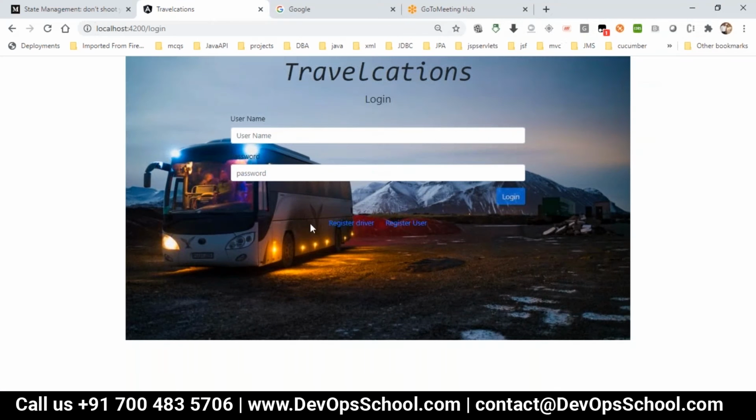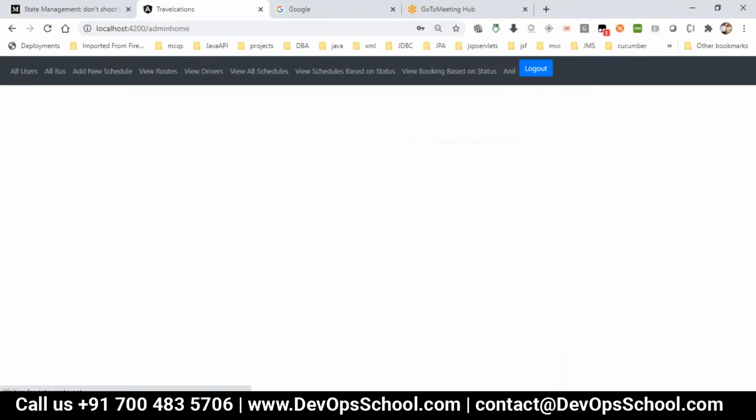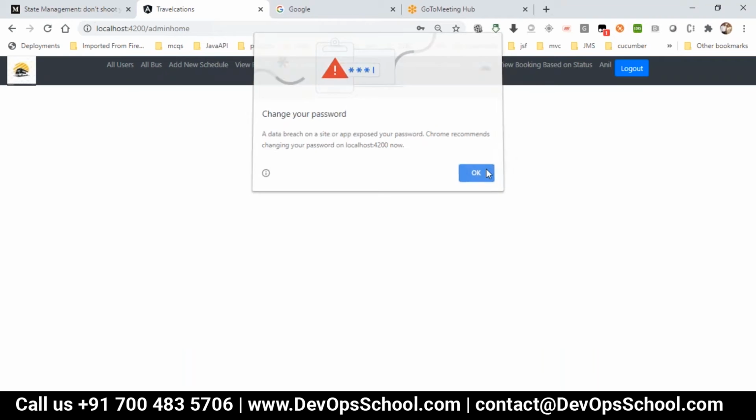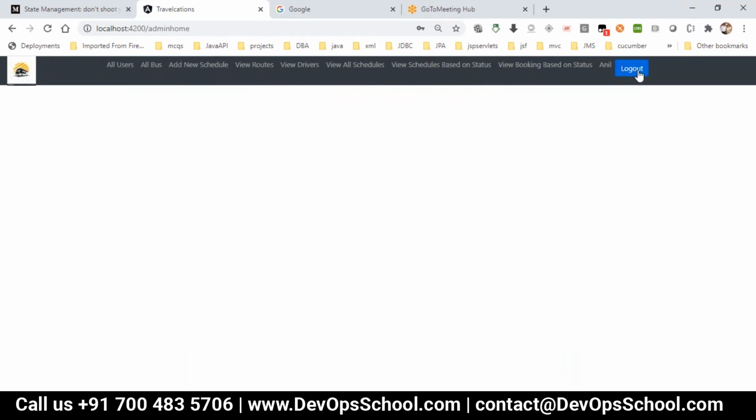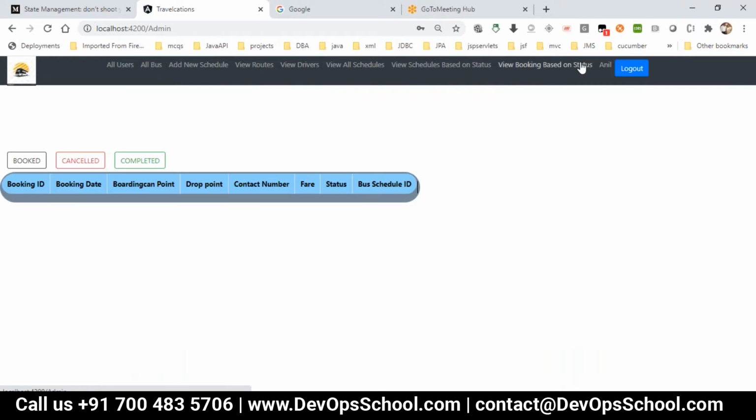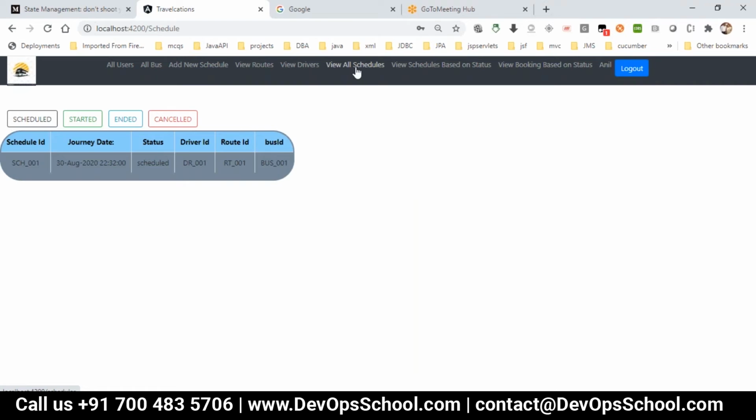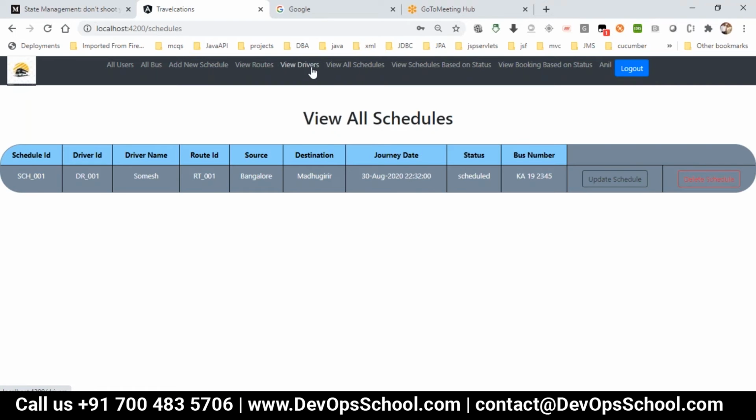Let me again do login because the code changes are done. Then here it is showing all the names. As we are in the navigation bar, we have taken care of it, so you go to any particular link and it will be able to take all your details.